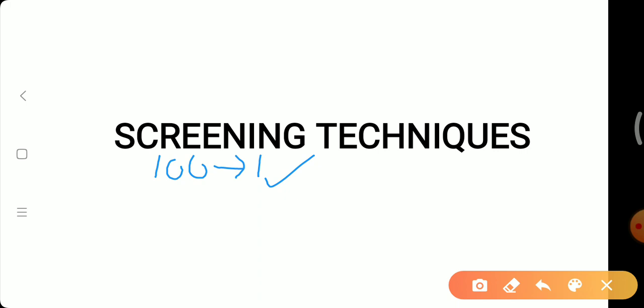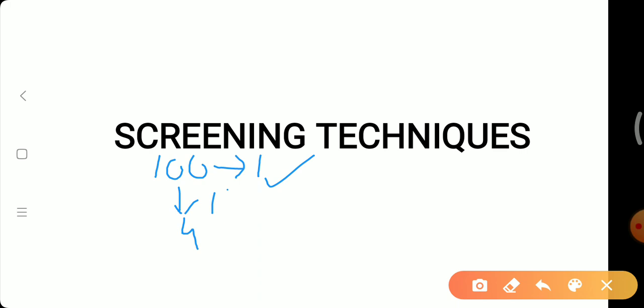I will do a kind of screening because from 100 I want to select only one student. The first step is that I will give a blank paper sheet to all those 100 students and tell them to draw. In the first round, from 100 I have selected 4 students. So I have done a kind of primary screening. After primary screening I have selected 4 students, but ultimately I want only one.